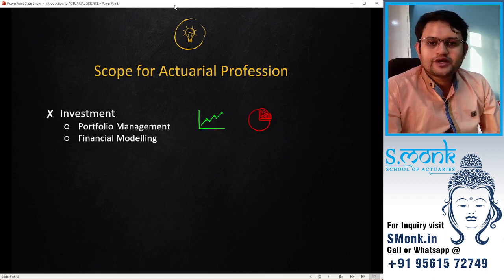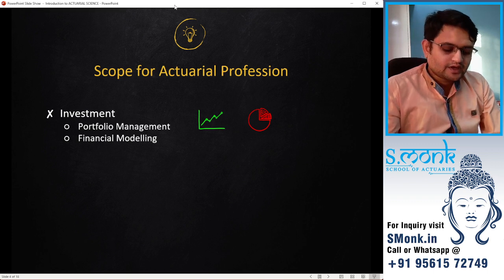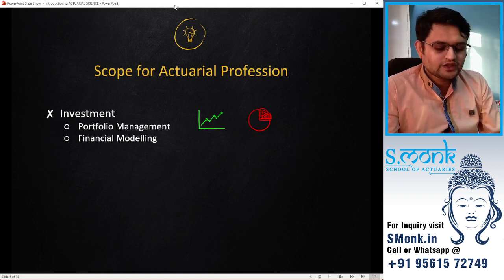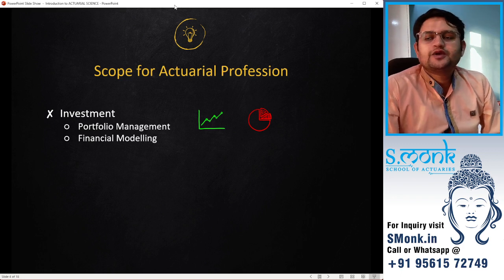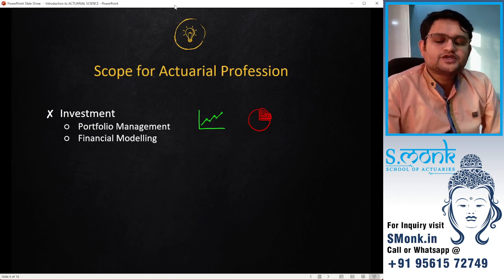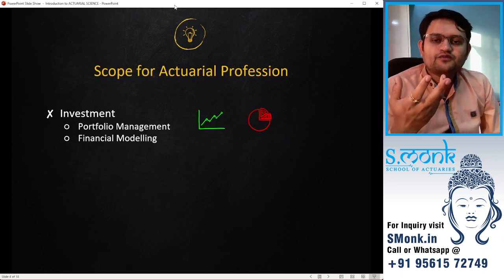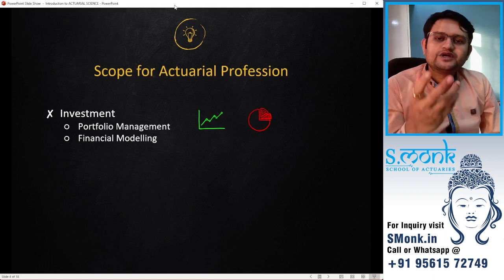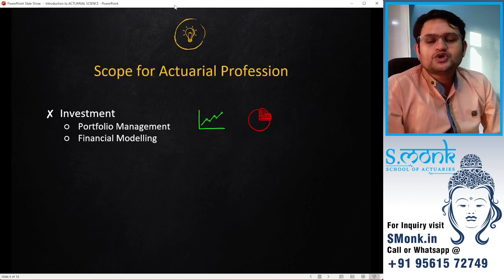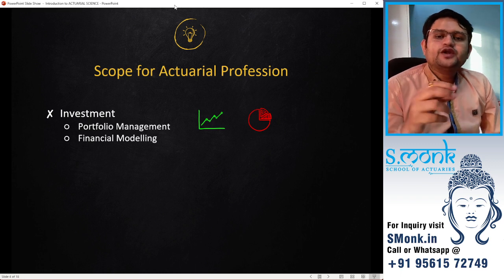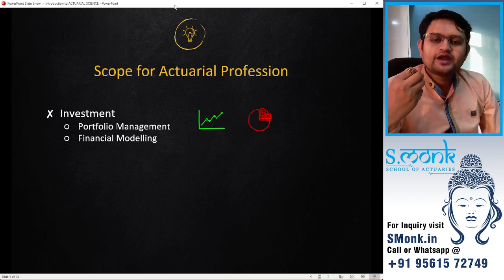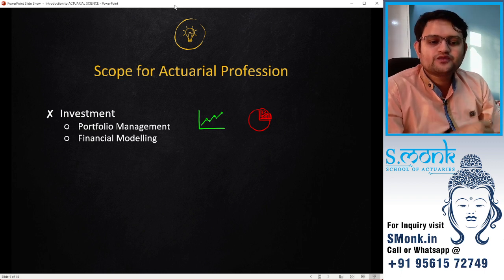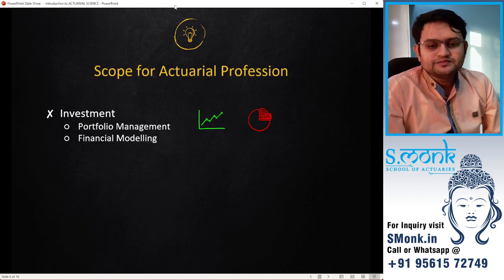And we have financial modeling. Every company has to figure out how they invest. It may be a bank, it may be, let's say, a mobile company, it may be something else. They might have a lot of money today, out of which some money they will require today, but some money they'll require in the future. So they have to invest that money so that it is also earning money for them. Different types of companies will require different ways of investment. That would be called financial modeling.